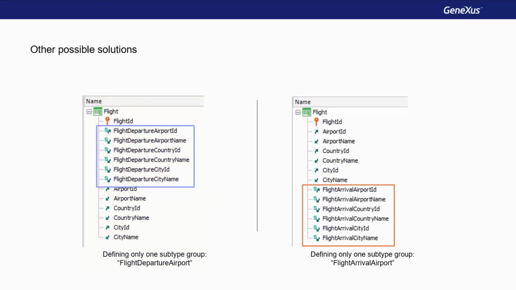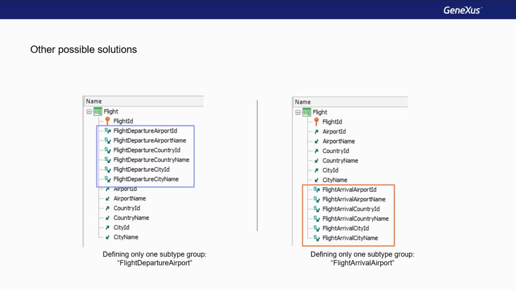In this other proposal, a single group of subtypes has also been defined, but in this case for the group corresponding to the arrival airport. In sum, subtypes enable us to indicate to Genexus how to associate different attribute names to a single concept.